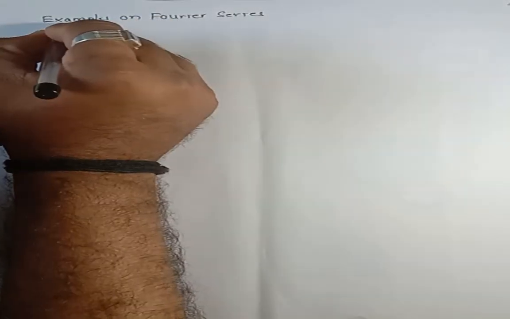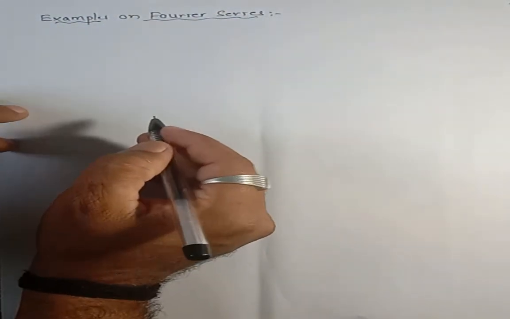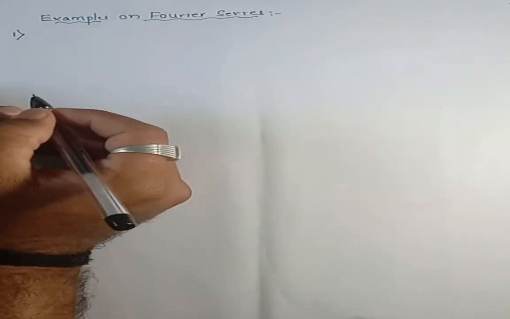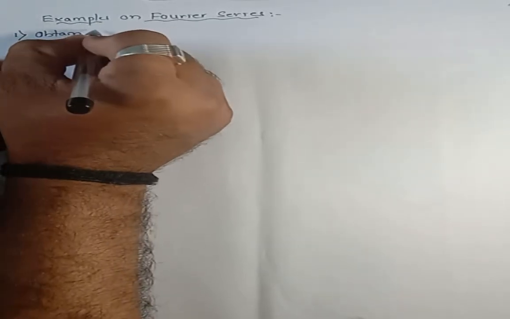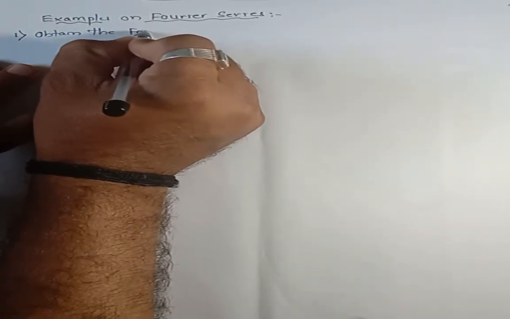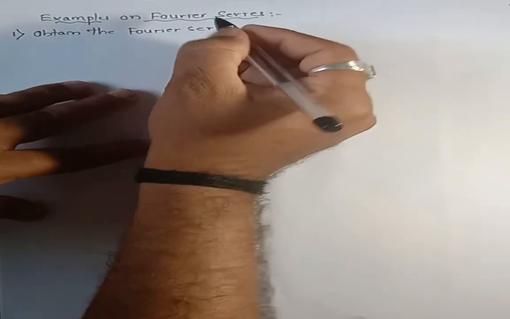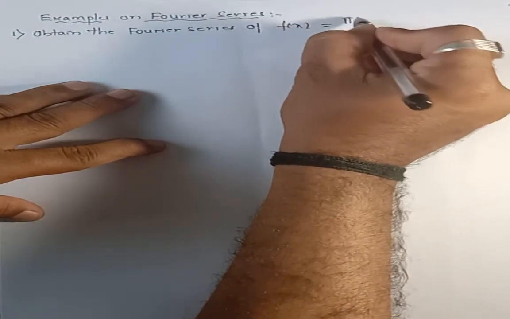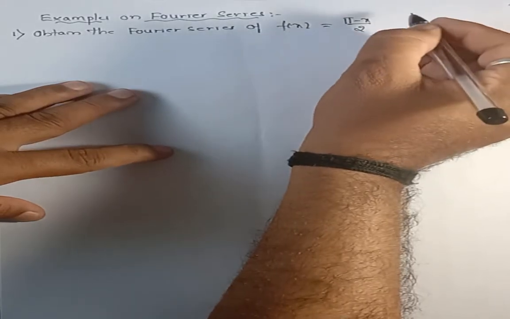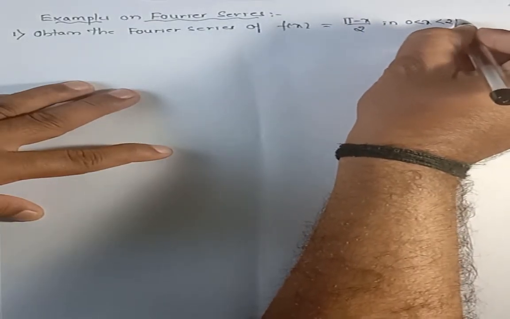Series. Let me take first example. The first example is: obtain the Fourier series of f of x is equal to pi minus x divided by 2 in x lies in between 0 to 2 pi,